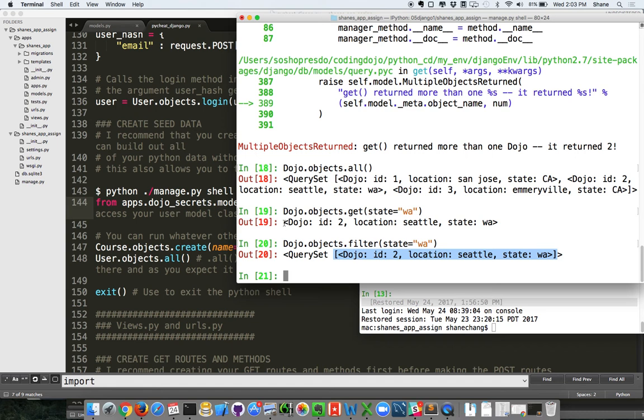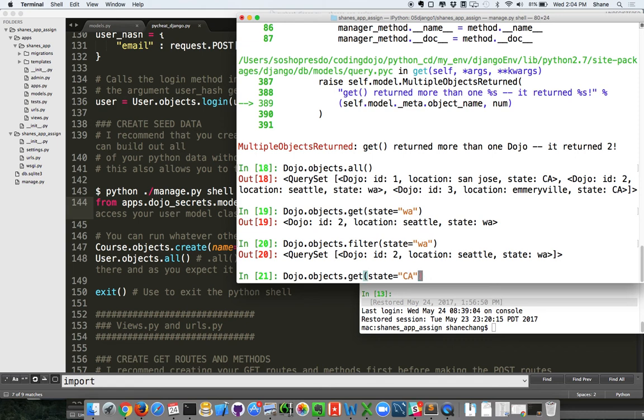Whereas .get only ever gives you back the single object. Okay, so you have to be aware of which one you're getting back, right? Because if you're going to read from it or display it, you may need to go in a level. Like if I want to display the ID of this one, right, I could do,